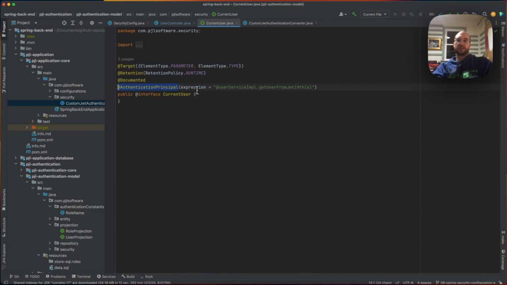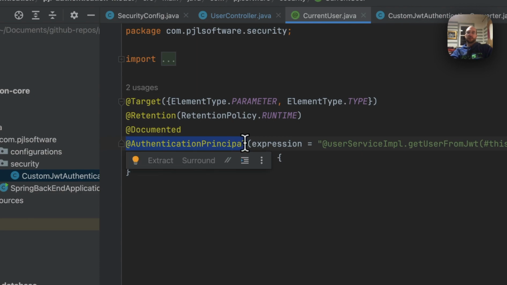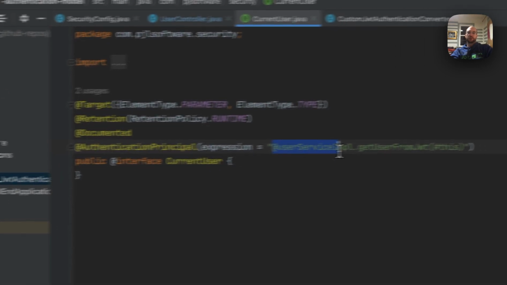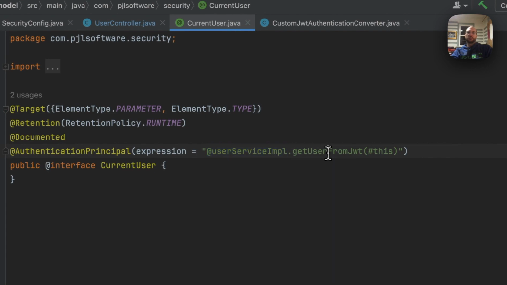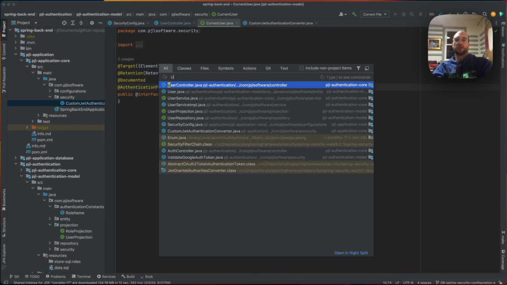It's a custom annotation, and it is the AuthenticationPrincipal annotation, and then we use Spring's SpEL expressions to say, every time you load current user, load the authenticated principal, and run the user service implementation get user from JWT, passing in this, and this value is what the authentication principal would give you. So if we go look at user service,